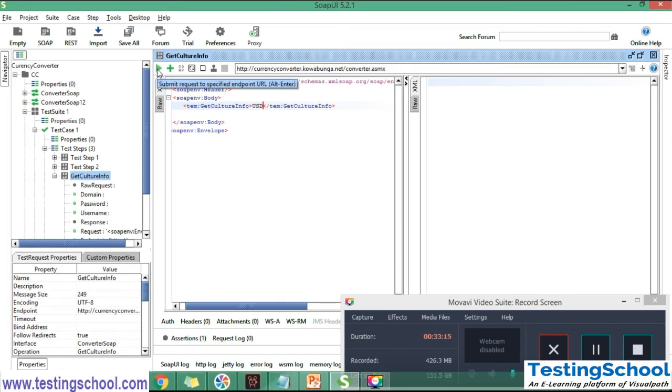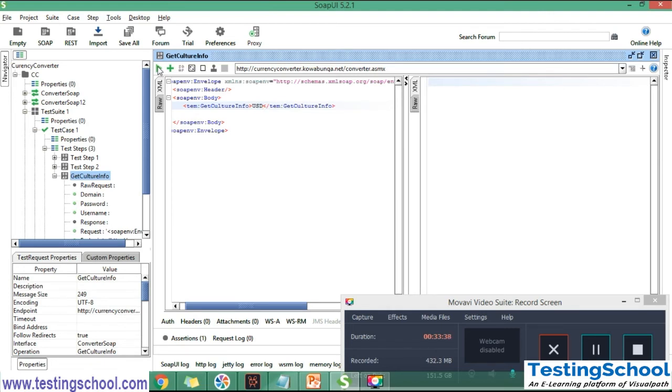There is a button, submit request to specified endpoint URL. So to run our request, we need to select this button. This is nothing but submit request. But while running the request, we need to know where this request is going. So what is the architecture of a web service?